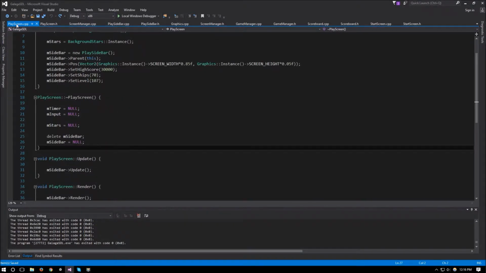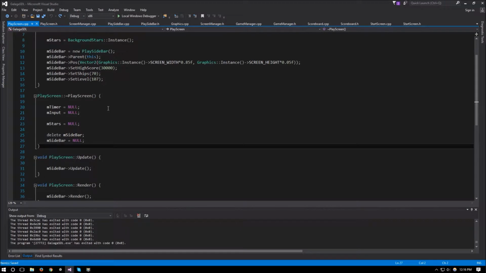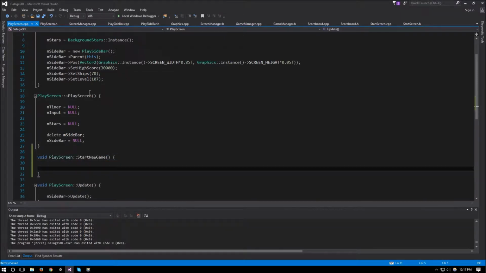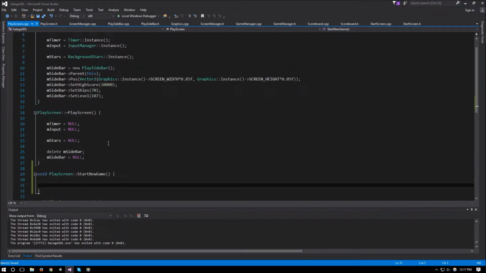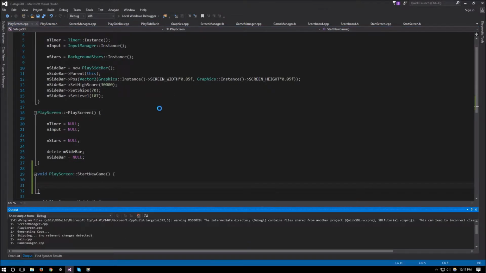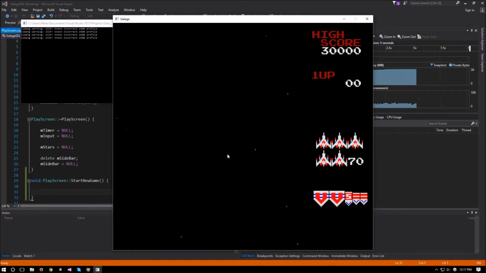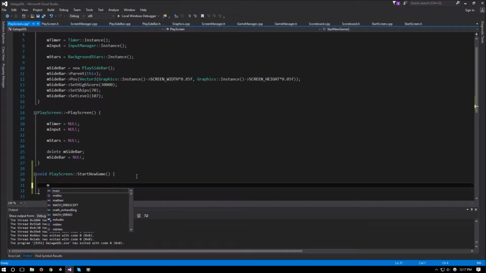So now if we go to playscreen.cpp, we can implement the start new game function. So void play screen start new game. And in here we'll initialize a few variables. First, we are going to stop the stars from scrolling, because the stars might be scrolling while the start screen is coming up. For example, right here, if we press start now, the stars are still scrolling. So we want these to stop so that we can show the start label. So we will say stars scroll to false,